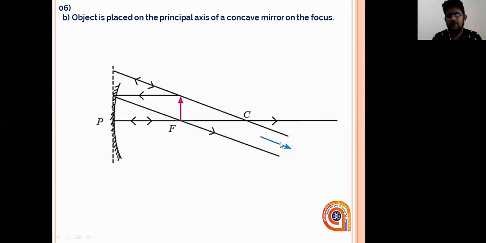So there will not be any real images formed. Let me go to the other side. If it is parallel on one side, the other side would also be parallel. Parallel in the sense there won't be a virtual image formed. So there is no image formed, real or virtual. So what is the characteristic we have to write? The only characteristic is that it is an infinite image.